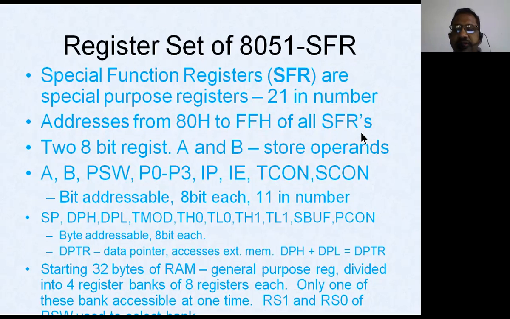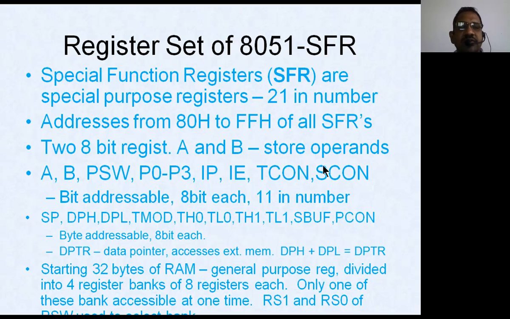So the contents of the special function registers are normally taken from the address locations 80H to FFH. That means the contents of these addresses can be used as the